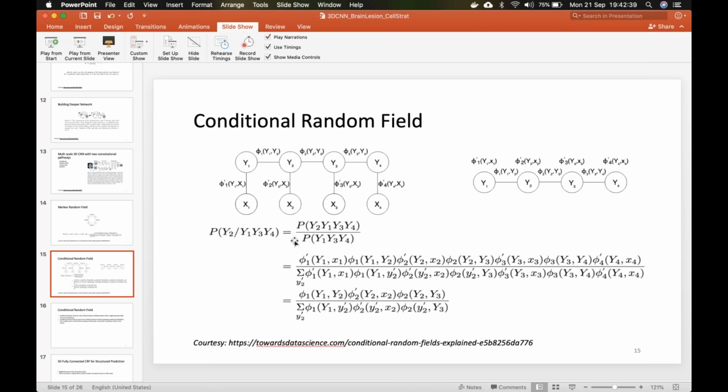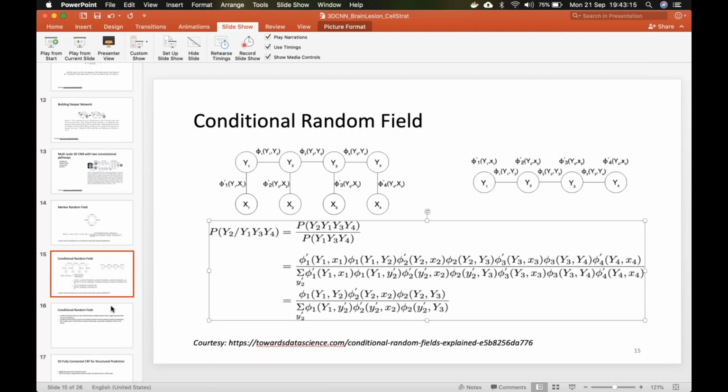If you want to create a conditional probability from y1 to y2, the previous state is x1, here the previous state is x2, and for the final one the previous state is x3. So we have the conditional probabilities for getting the output at each stage. This is much more efficient, and it is widely used in NLP to find the conditional probabilities.